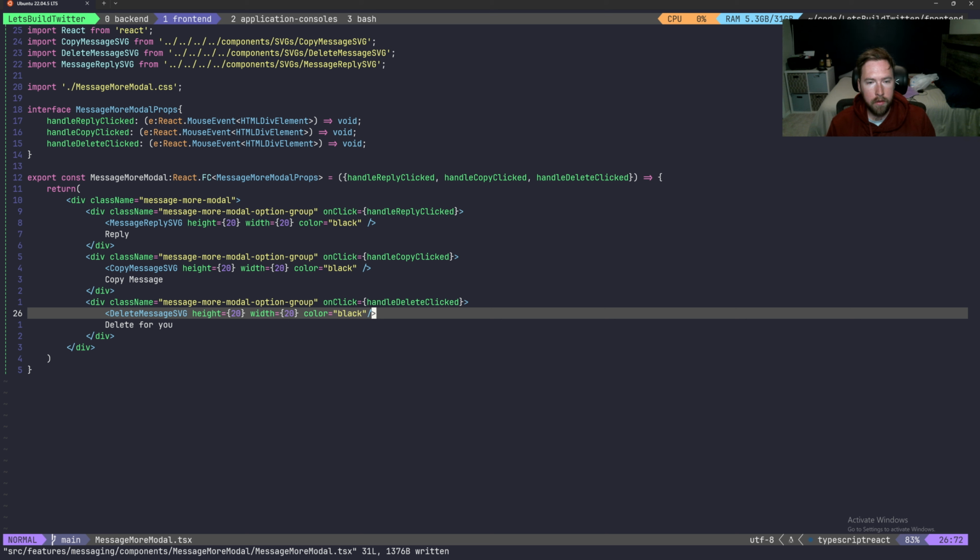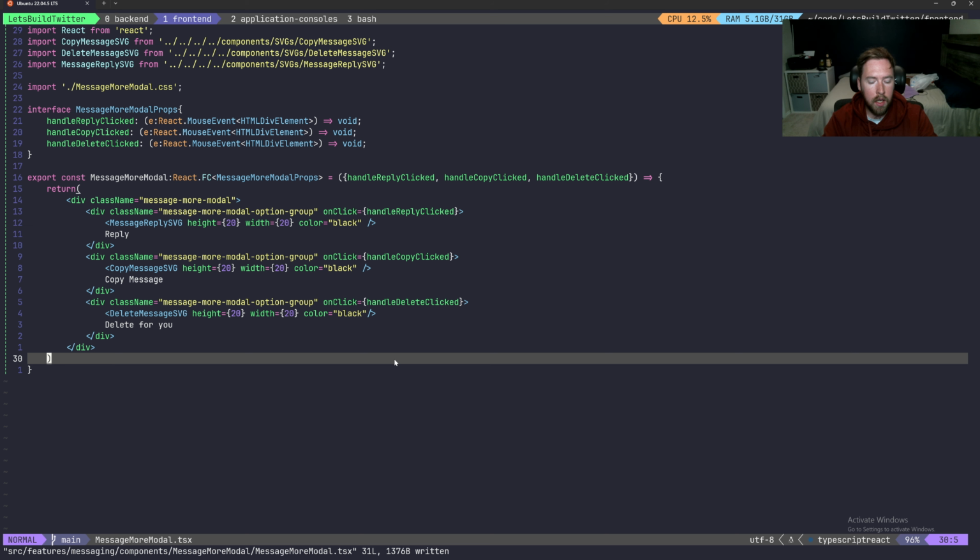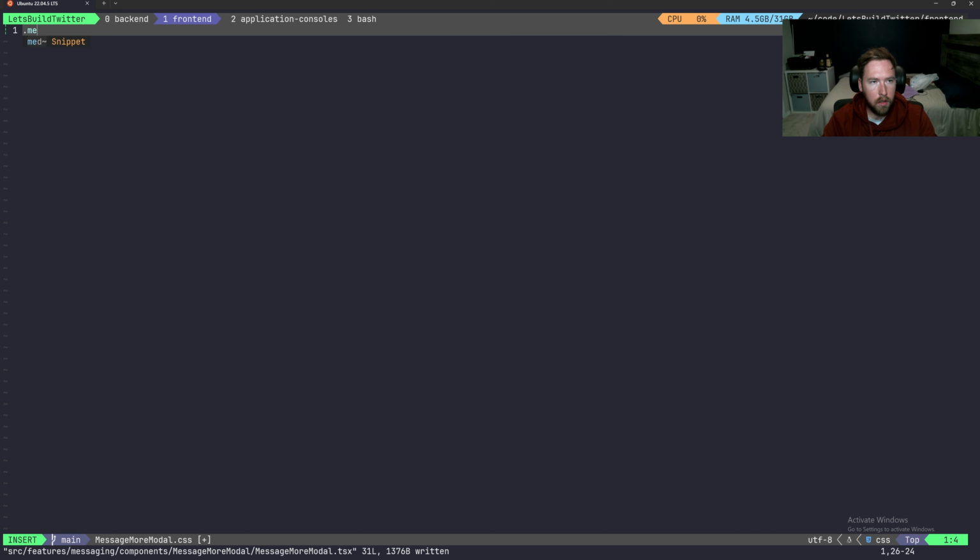So now all we have left to do for this guy is set up the CSS for our message more modal, and then make sure it looks good. And then of course, put it inside of our message container. That way we can see it. Let's hop into the CSS and get that working. This should be somewhat simple. We'll start with